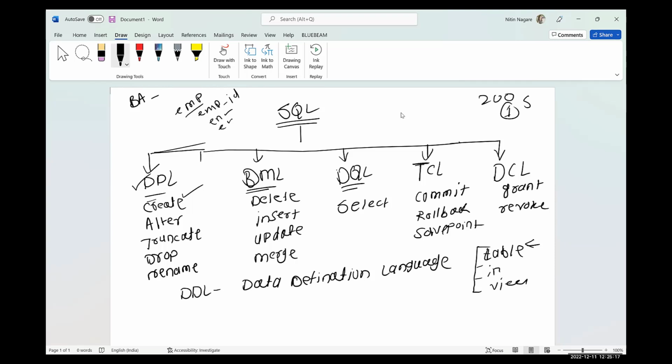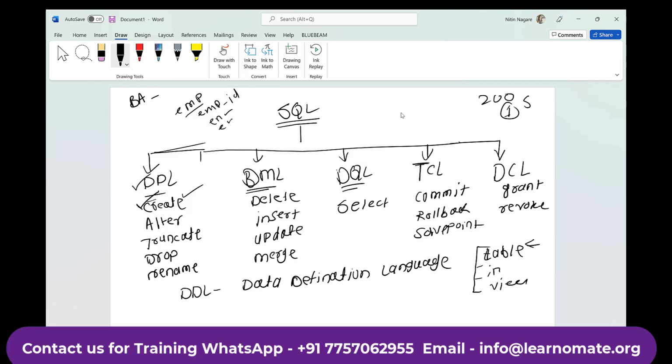To create this table in the database, I will use DDL, and the command I will use is the create command. Just keep in mind, whenever you want to create any object in your database, you need the create command, because we use the create command to create an object in your database.